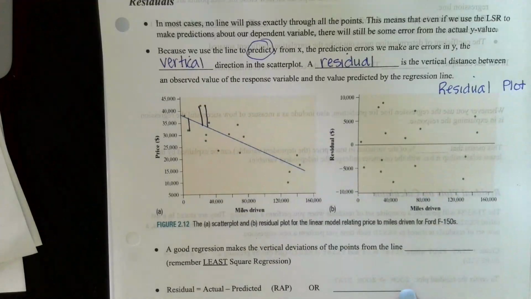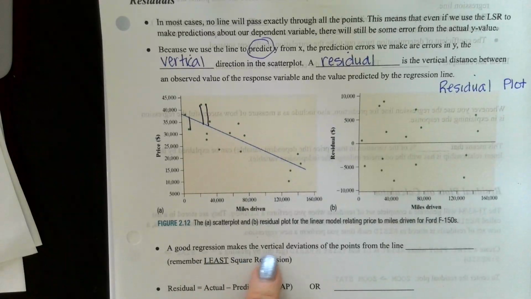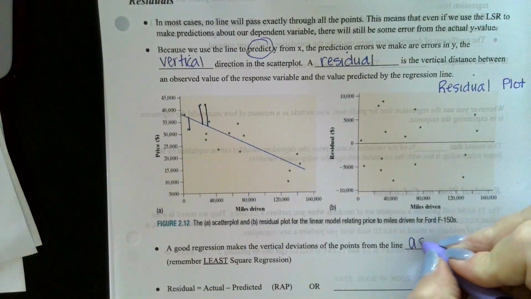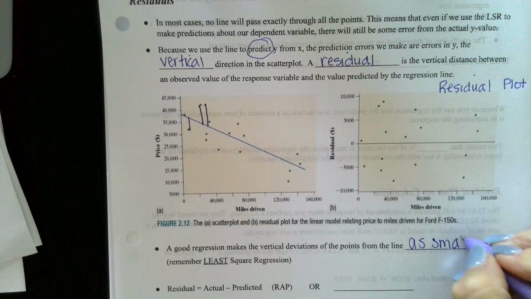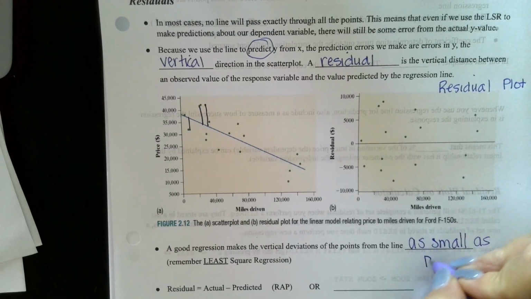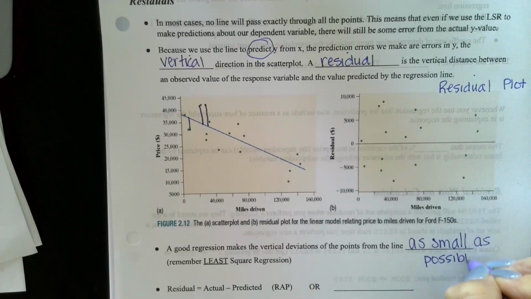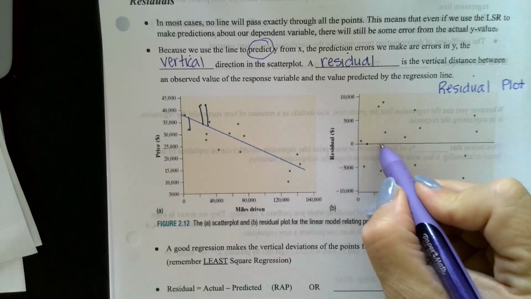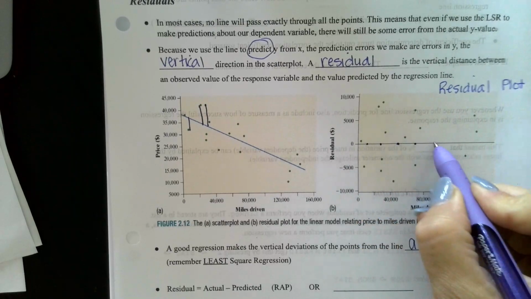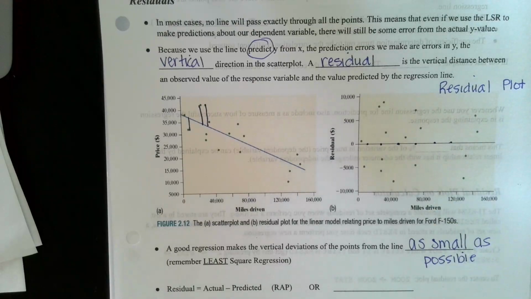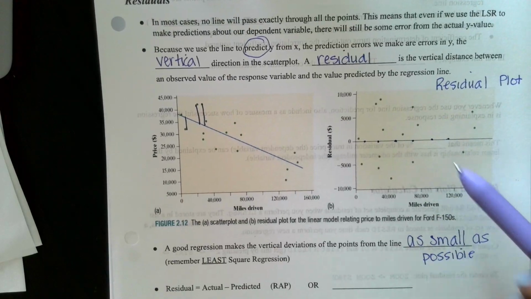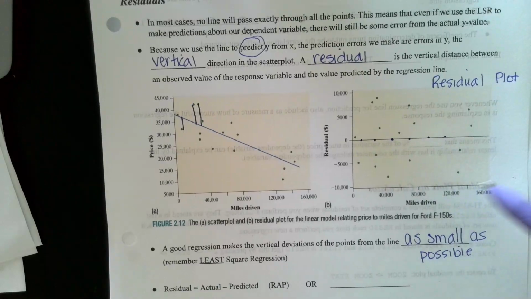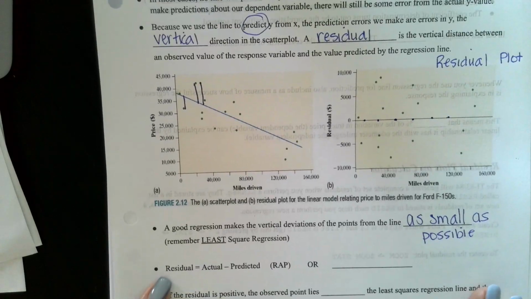Now, a good regression line makes vertical deviations from the point from the line as small as possible. So for us to have a perfect line, every point would be on my line right here. That means every point would hit, but that's not true. That's not what's going to happen. So what we do is we calculate a residual